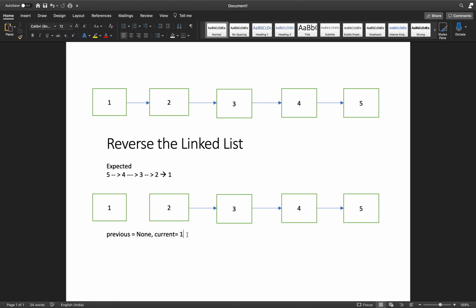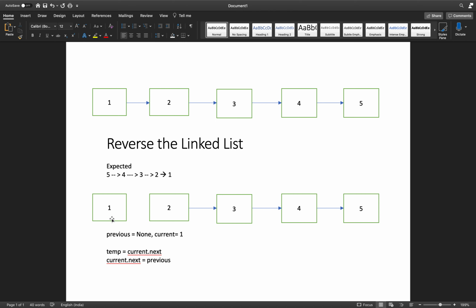We save this current dot next in a temp variable: temp equals current dot next. Then current should point to the previous value, which is the null value. So current dot next is equal to previous.